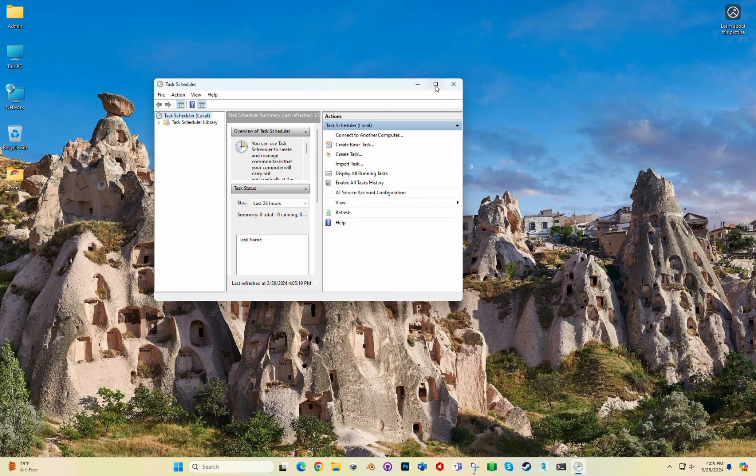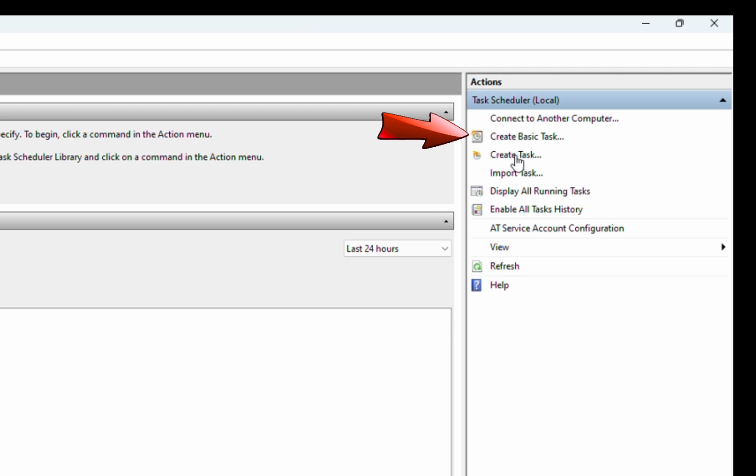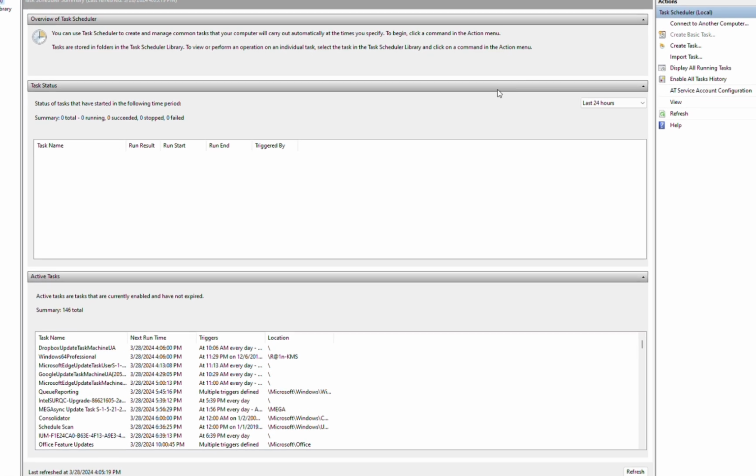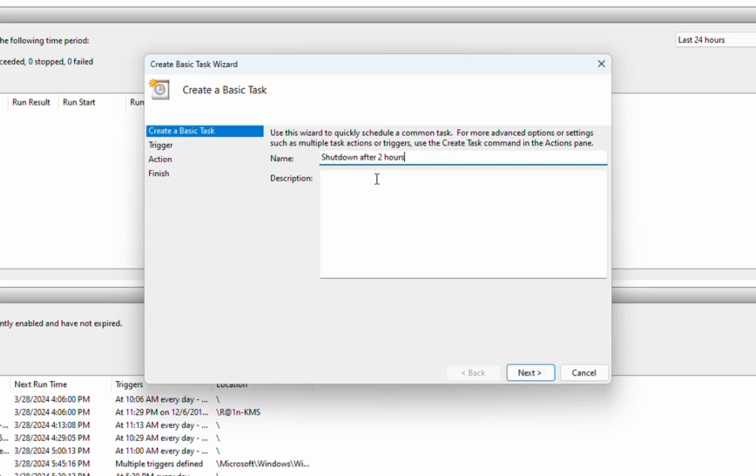Now navigate to the Action menu, select Create Basic Task, and let's give our task a name, something like Auto Shutdown or Shutdown after 2 hours. Click on the Next,